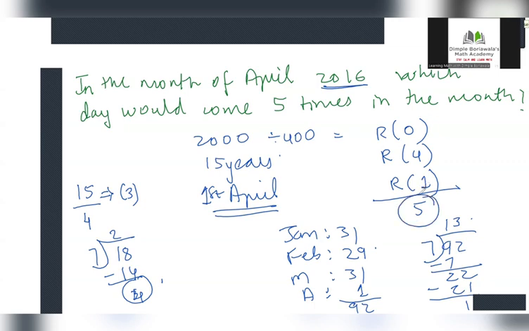5 is not divisible by 7. Otherwise, if you check my intermediate video, the remainder we get here, that also we divide by 7. But this 5 is not divisible by 7. So we will directly go 5 days forward from Monday. Monday, Tuesday, Wednesday, Thursday, Friday. So this is Friday. So that means, very important thing over here, my 1st April and my 2nd April, that is Friday and Saturday, will be coming 5 times in this month. 2 days will be coming 5 times in this month because April is a 30 days month.